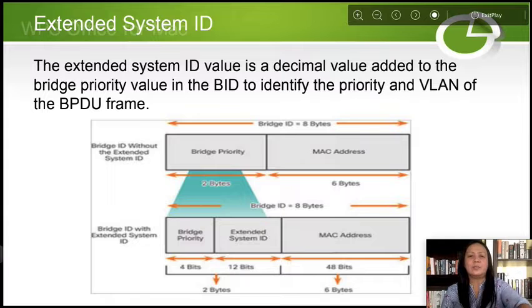So this is the 2 bytes. You can see here the bridge ID without the extended system ID: the bridge priority and MAC address. And then this one is the bridge ID with extended system ID. This one is without extended system ID. This one has an